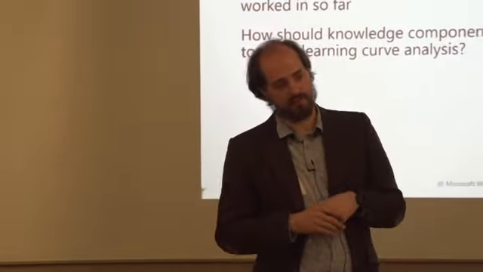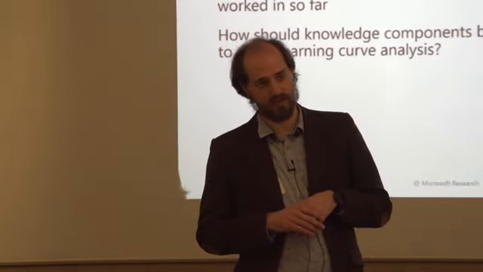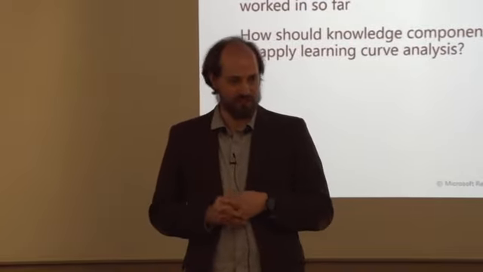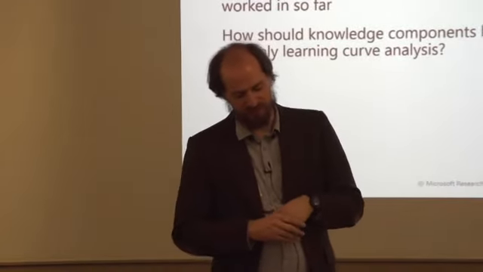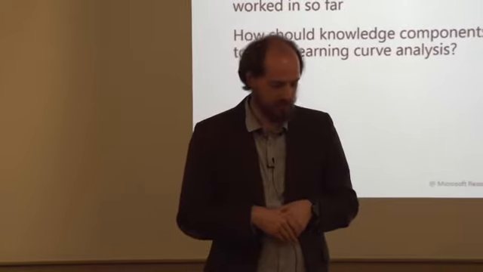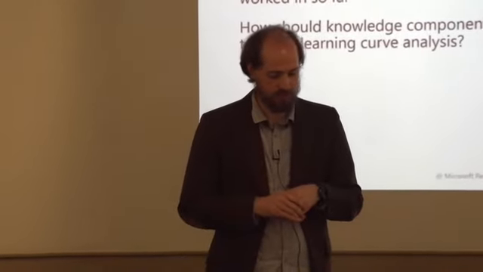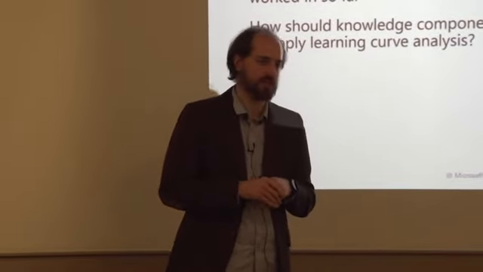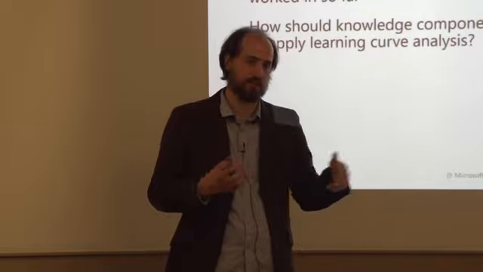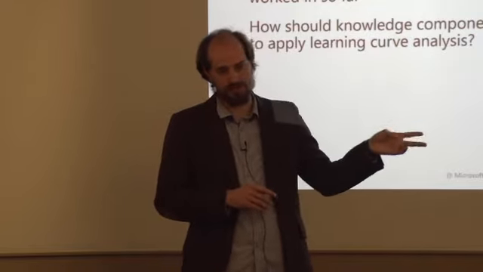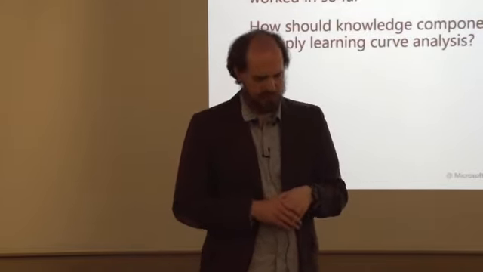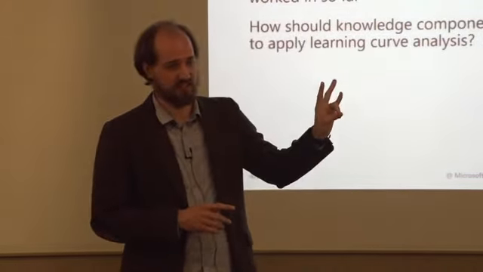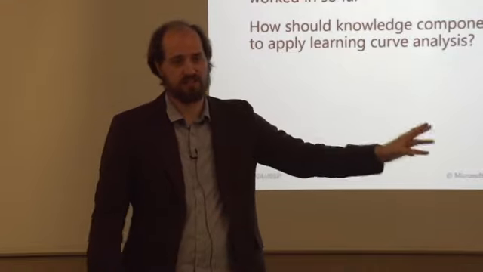We've done some work trying to fit Trestle models with some Alice data. It's messy, but it does actually learn some kind of structure. It was an earlier version of Trestle though, so I don't remember what was interesting about that, or what came out of it that could be used. But another thing I'm really interested in is how to define knowledge components and do that kind of learning curve analysis in a programming domain. We've done some work on that, where we defined a knowledge component at a token level. So essentially, does this token exist in a TA solution?